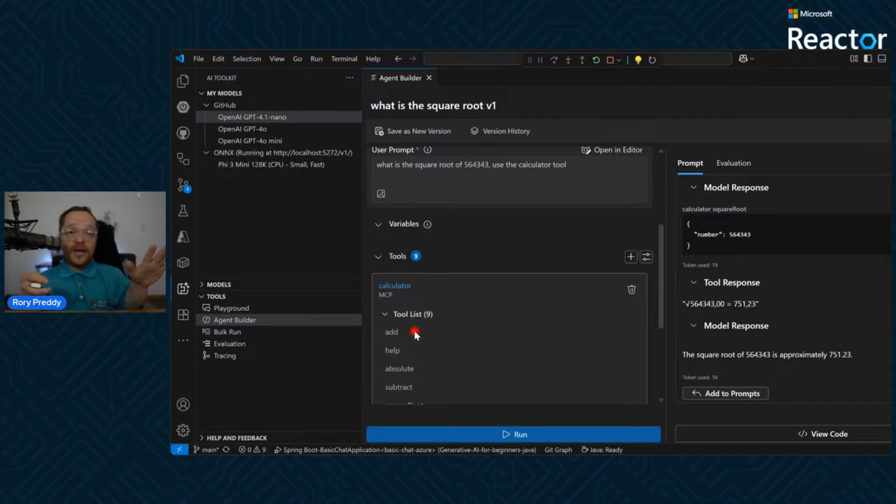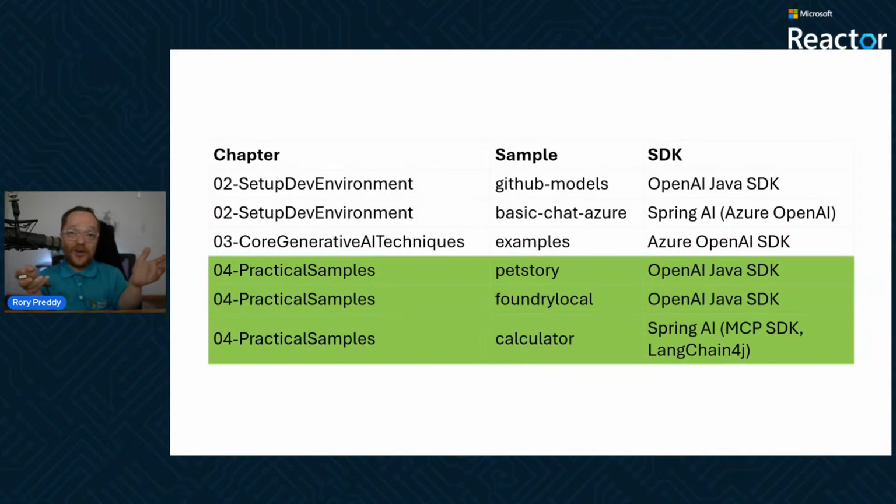And then I go, okay, add the calculator tool list. And then what is the square root of whatever? And I want to make sure this works. So I just say use the calculator tool. You can just say calculate. And it will say, I'm going to call the calculator tool. And there's the response. That is MCP. And a lot of people go, Rory, explain MCP. It's just being able to use natural language to call tools. And that really is most of the slides I'm going to show you today, because now we're going to go